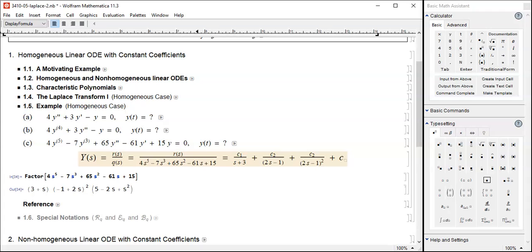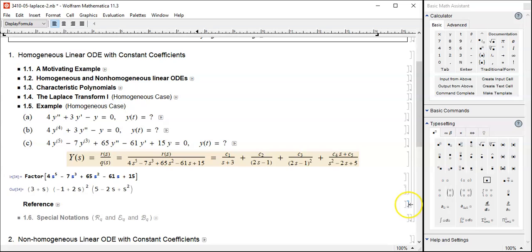And C4, this should be C3, S plus C5 over S squared minus 2S plus 5, and this may need a little bit of work,